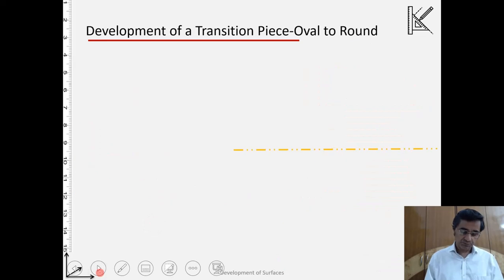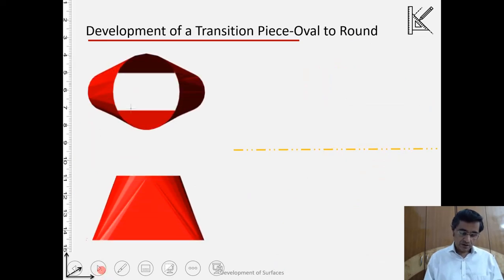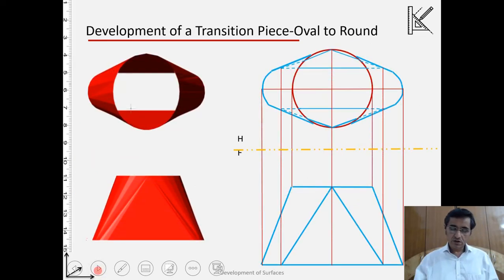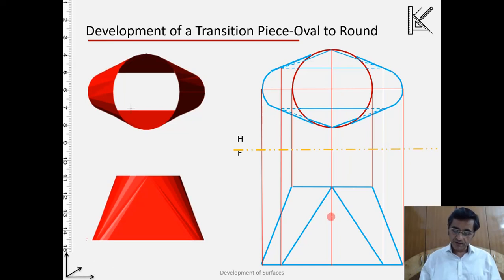For this transition piece, if we create its top view and the frontal view, that is how the views are. Well, the question now is how to develop it, because these are the top view and the frontal view.